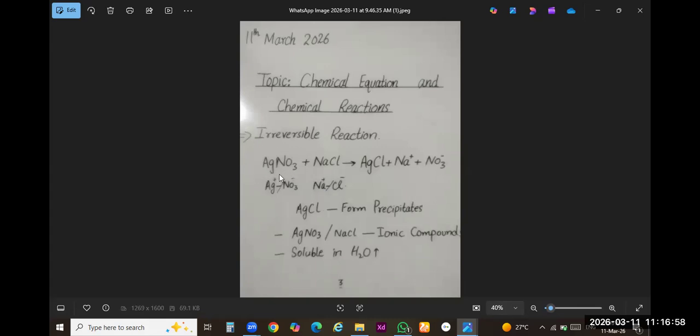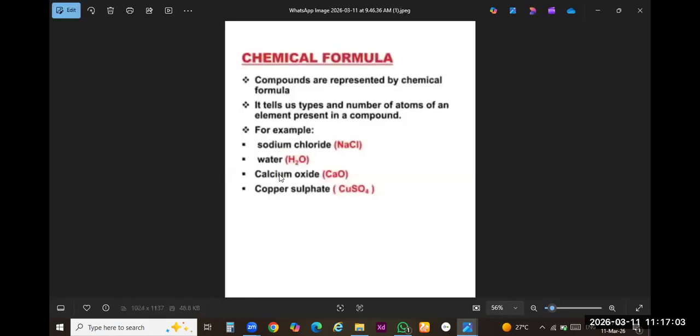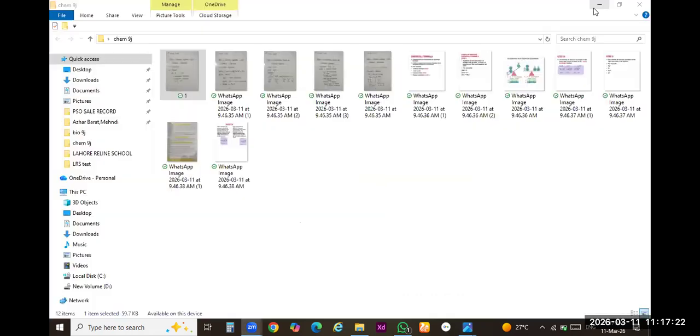Please tell me, can you write the chemical formula? Whenever you will write the chemical equation, firstly, you should know about how to write the chemical formula. Anyone can tell me about the steps, how we can write the chemical formula? We have discussed only the methods to write binary ionic compounds. Wait, I will use this whiteboard. Okay.